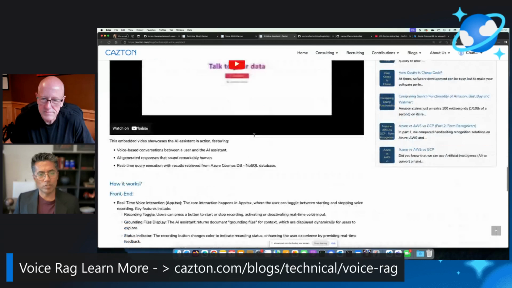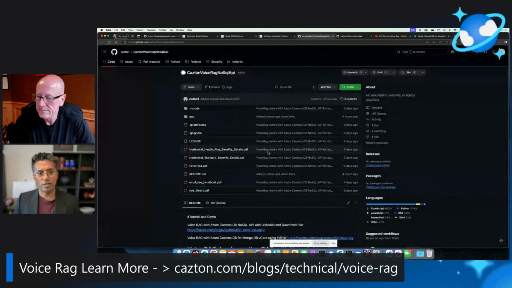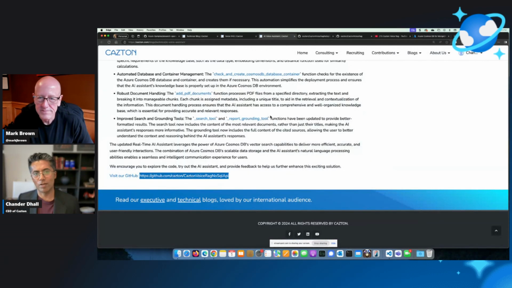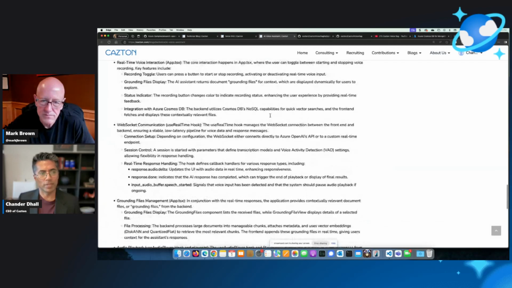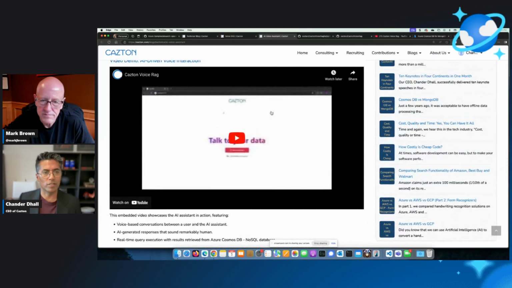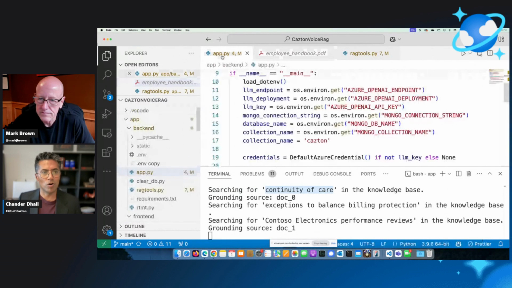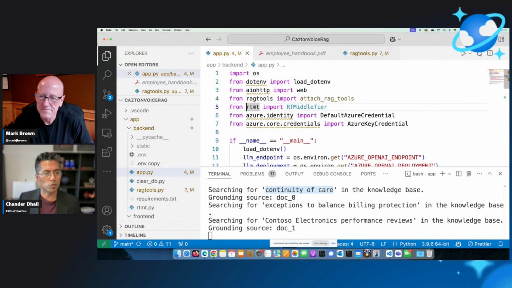If you go all the way to the bottom, you'll see there's a GitHub link that I can show you. It's right here with the README, and you can follow the instructions and make it work on your own, as long as you have Azure OpenAI as well as Azure Cosmos DB. There's also a sample demo just in case. Now, without wasting any time, I know all our tech friends love to see the code, so I'd like to show you the code real quick.